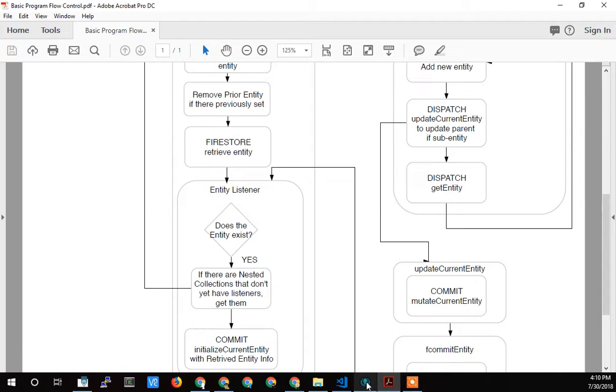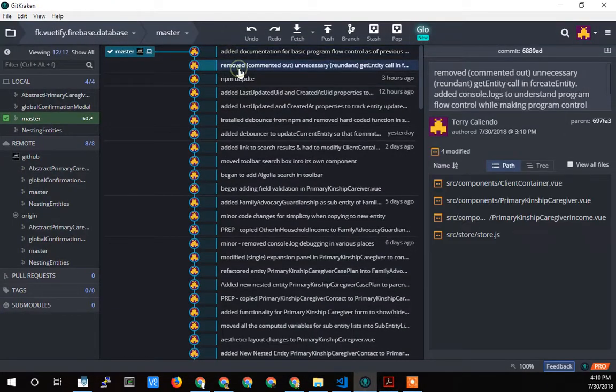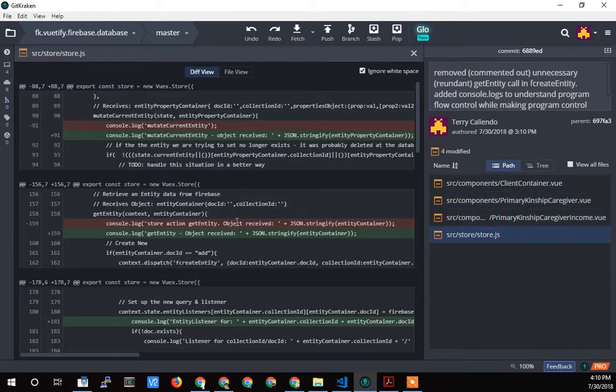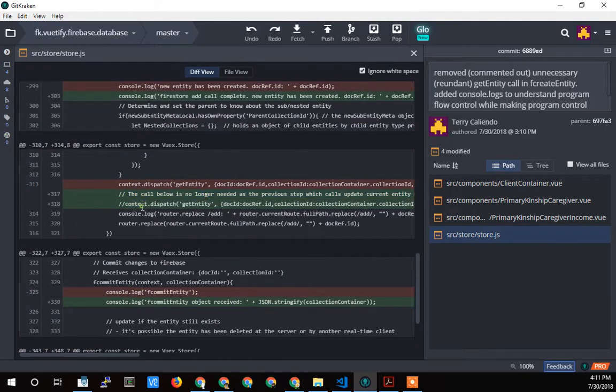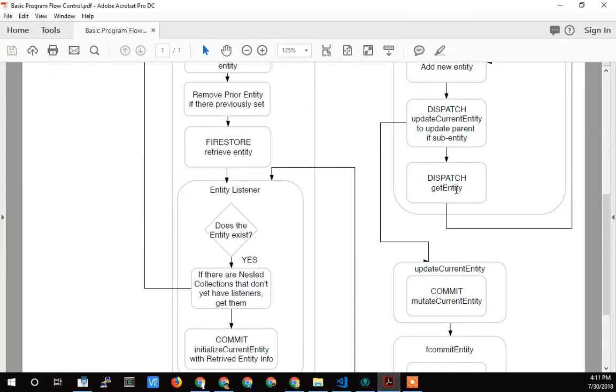And I think I did remove that in this source code here in the store. So this is where I call this getEntity on the child, and so I just commented it out for now to say that it's no longer needed. That's actually this step right here, this child doesn't need to go and update itself because it's ultimately getting loaded through the update of the parent